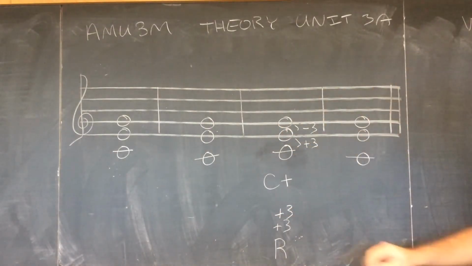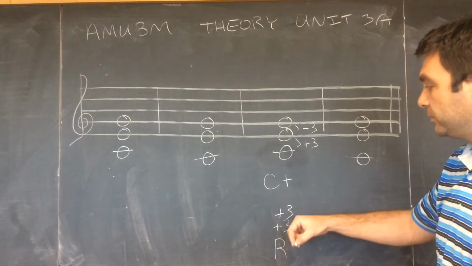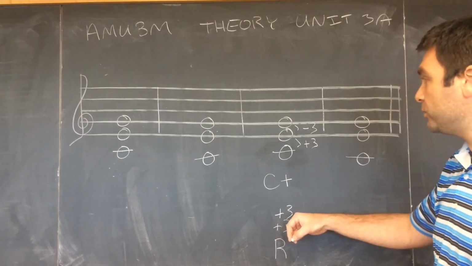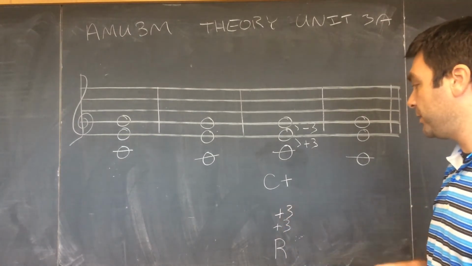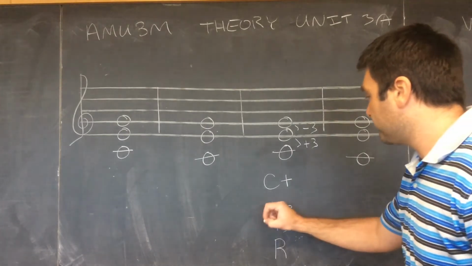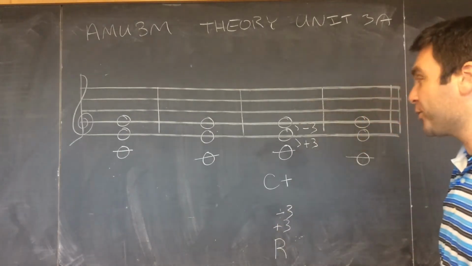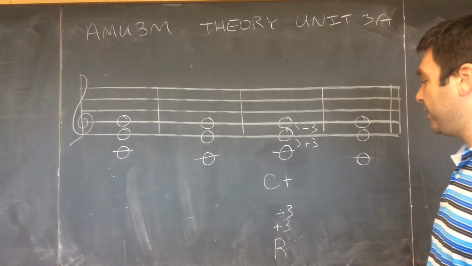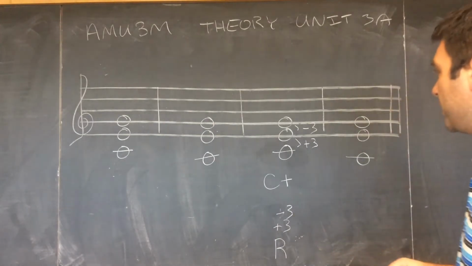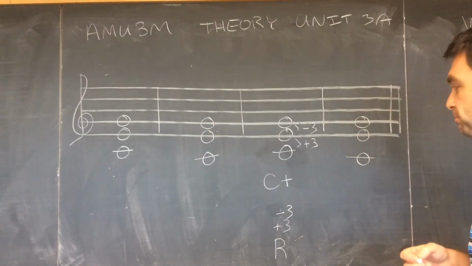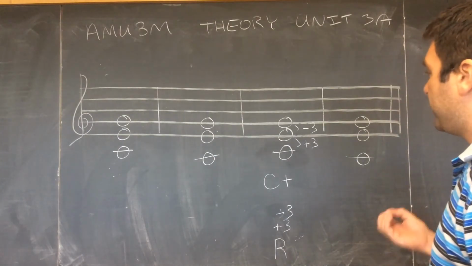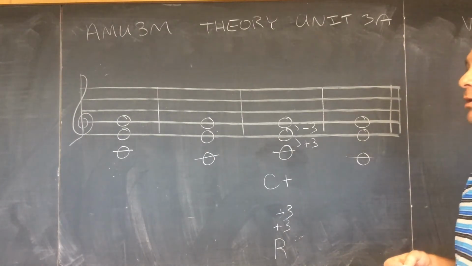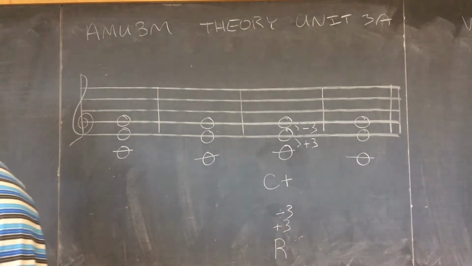So, all major triads will have a root. A third above the root will be a major third, and then another third, my mistake, a minor third above the mediant as well. So the mediant to the dominant is a minor third, and that gives us a major triad. The next type of triad we're going to look at